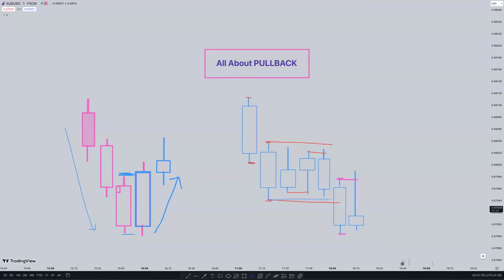We also need to understand the identification of inducement and liquidity, right? I'm very sure that everything is clear till now about the pullback. Okay, so if everything is clear till now,